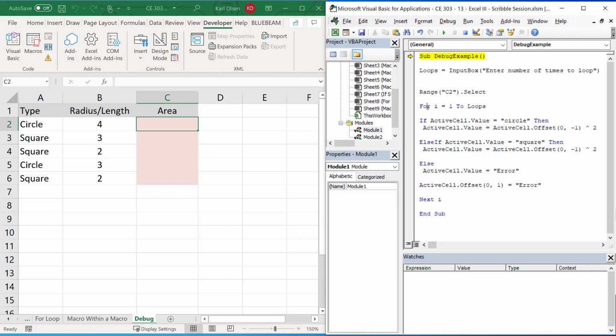And then we're going to do a for loop all the way down, I into loops. Now, loops was defined as an input box, and we'll do more with this next time, but it's going to bring something up, and you're basically going to enter a value into that input box. So it's going to go 1 to whatever the loops is. We would enter 5 in this case because we have 5 loops we want it to do. And as it goes down, it should go through that process